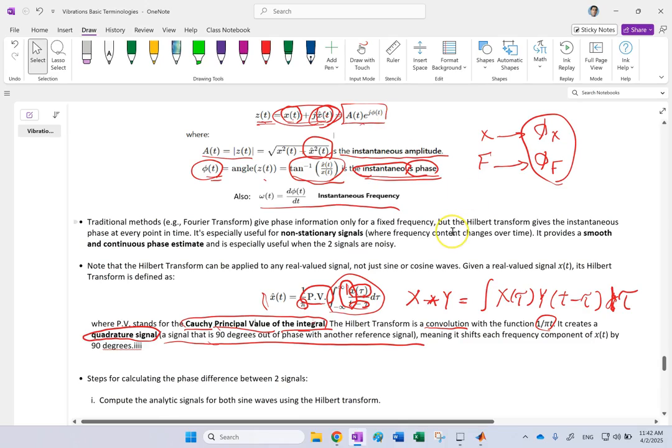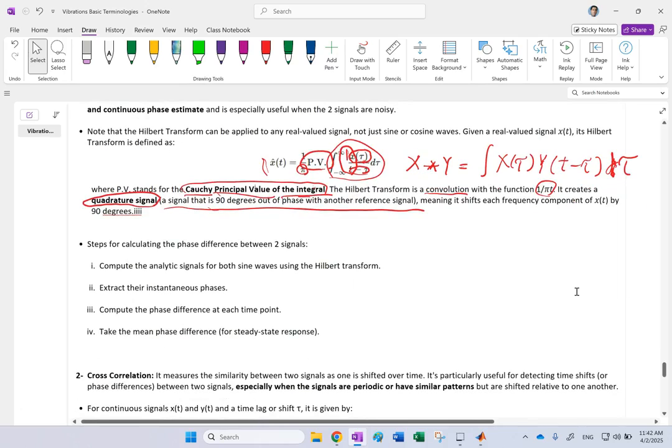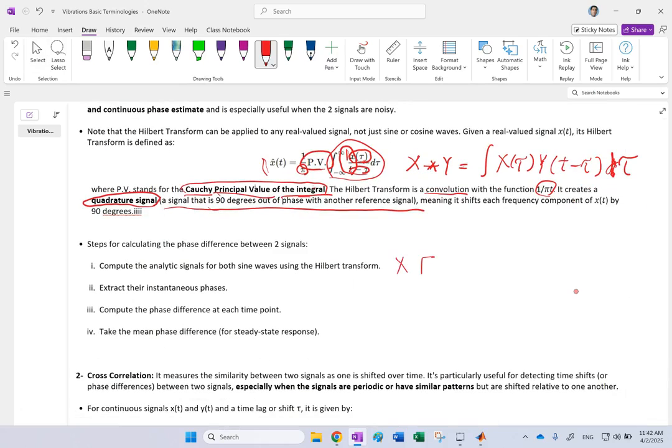And in MATLAB, there is a hilbert function that performs this integral and everything for you. So again, we're going to use the code directly here. What we do is we pass both of my signals, x and f in this case, to the Hilbert transform. I'm going to extract their phases, and then calculate the difference between them, and that is exactly the phase difference. And since it does it at each time point, so for each time it calculates a phase,